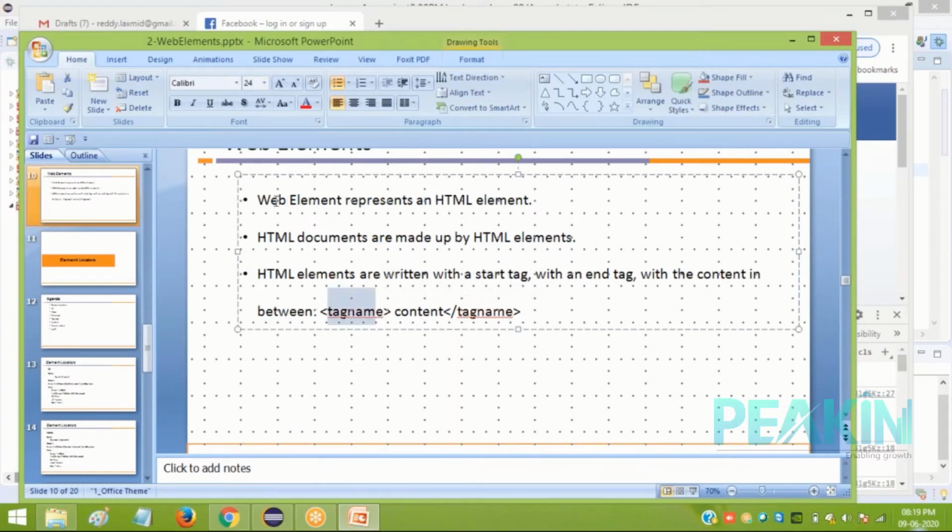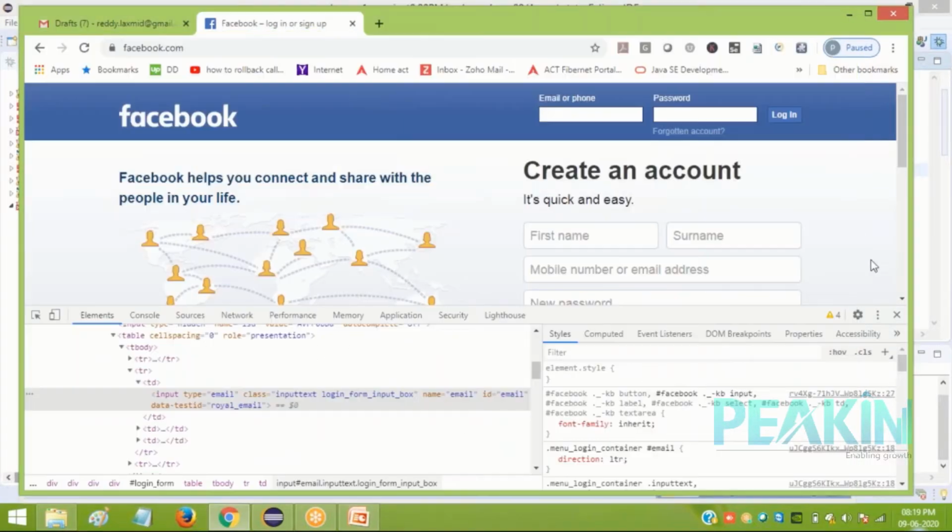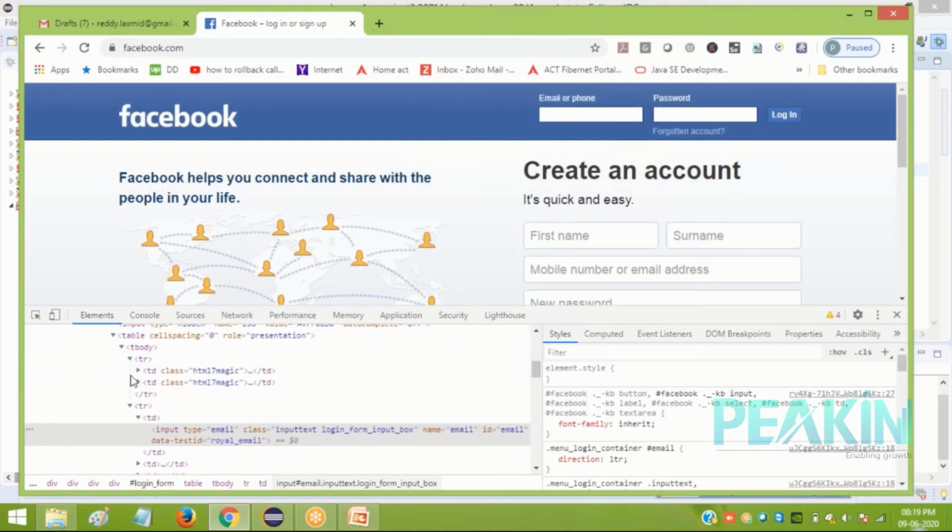So what is HTML? Every web element represents an HTML element. HTML documents are made up of these elements. They start with the tag and end with the tag, like this within the angular brackets. With a slash means ending. If you see here, tr is started and tr is ended. Within this tr, there are many elements inside.